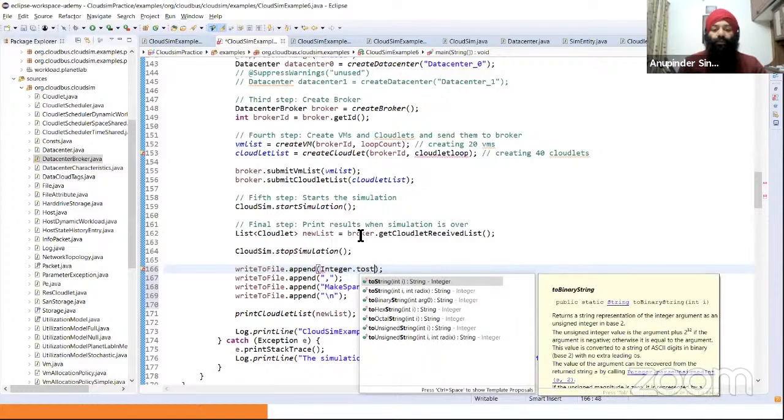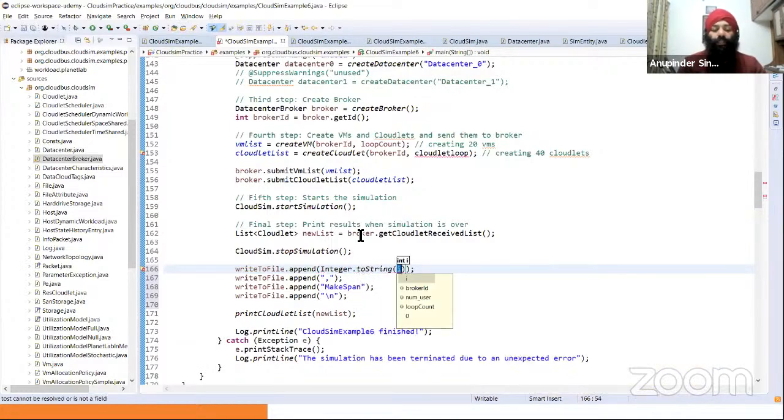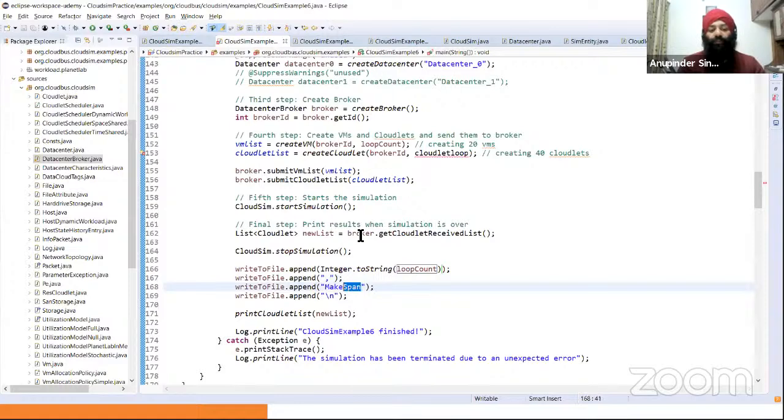Integer dot toString, right? And within this loop count will be added, so that I know what is the configuration of my VM count right now. And instead of makespan, now I know whatever the time of my last task which has been submitted, that is going to be there. So here it is going to be